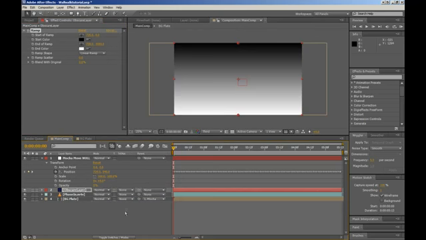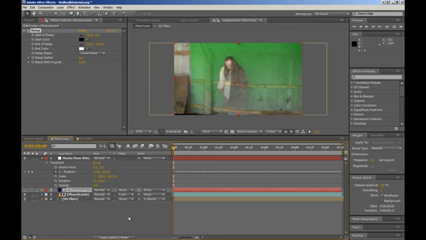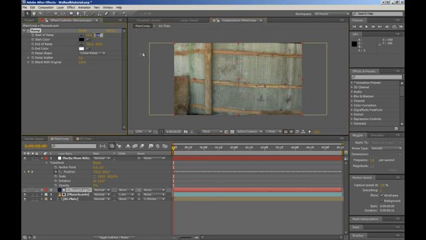Go ahead and click toggle switches modes, and we're going to set it to Luma inverted matte, and we're going to take our black and white points and move them over here on the left hand side of the frame, right around the edge of the green screen. I'm going to go ahead and bump these two numbers up to 540, which is the halfway mark of the frame,